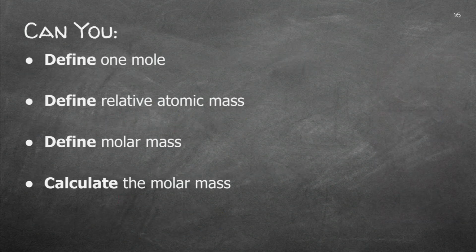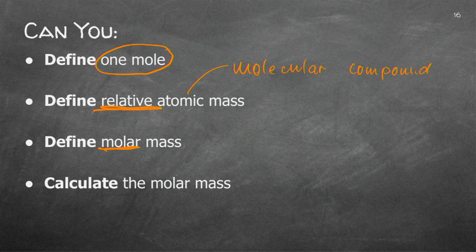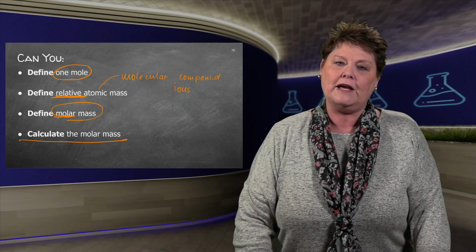Right, I hope you enjoyed the introduction to quantitative chemistry. You have to be able to define 1 mole, and we'll have a look at that when we do the next lesson again. You have to be able to distinguish relative and molar masses. It can be atomic, it can be molecular, and it can be a compound as well. And it can be ions, so be careful. See exactly what they're asking of you. Define molar mass and then do a few calculations.